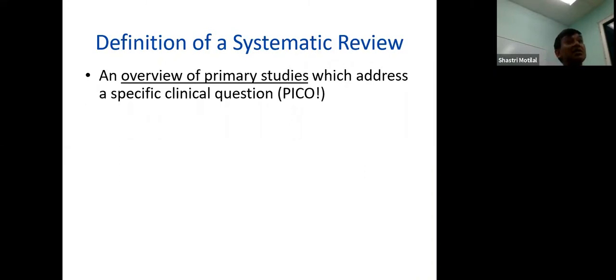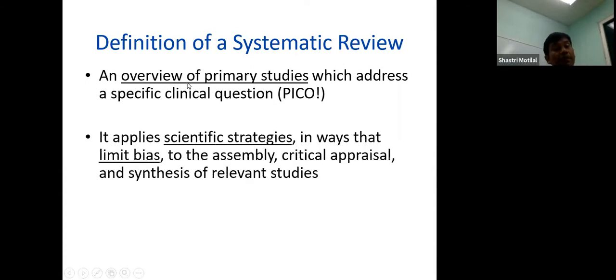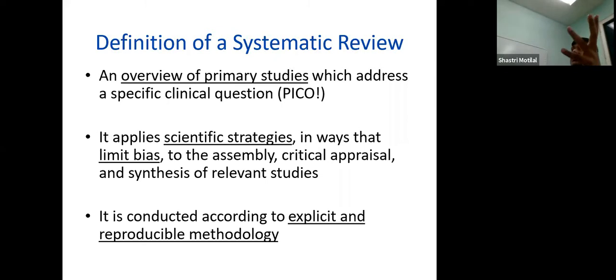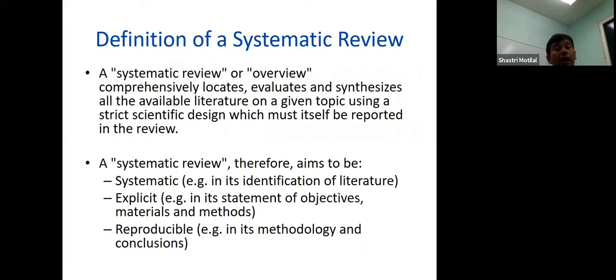That's why they call it a systematic review. It's a review. A review simply means you're looking over what has been done already, right? So that is what a systematic review is. It looks at other studies done. And it applies scientific strategies to try to come to a definitive conclusion. The methodology is reproducible. So if I describe to you how it is to do a systematic review, someone else should be able to repeat that same systematic review following those guidelines I use anywhere else in the world, right?